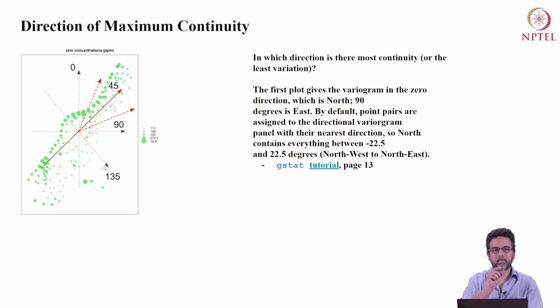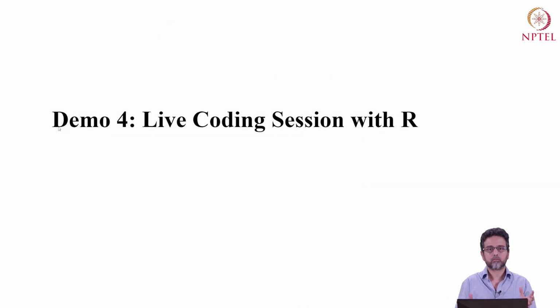Remember, when it calculates the variogram cloud, it takes pairs of points. In an omnidirectional variogram, it will take pairs of points in every direction, whereas in a directional variogram, it will take pairs of points only along this direction lying within this conical or triangular region. So it will look for variation selectively and not omnidirectionally. I hope that's clear. If it's not, maybe you should review the video or pause it here and think about it for a while, because now we're going to go to our coding session with R. Before we do that, it would be nice to have this firmly planted in your mind.